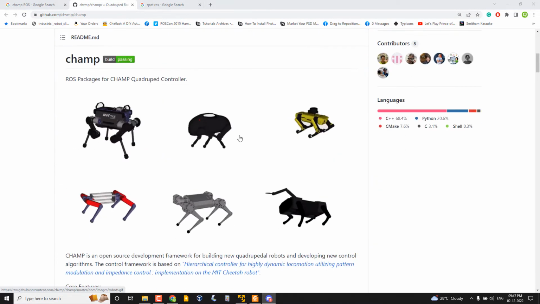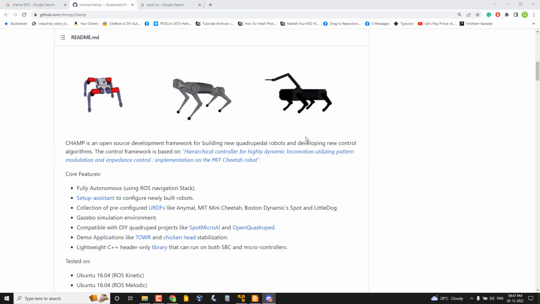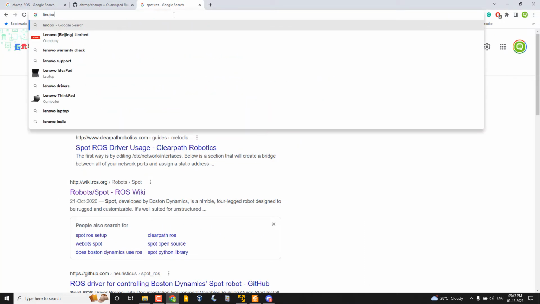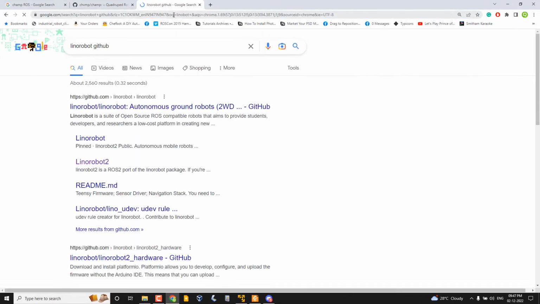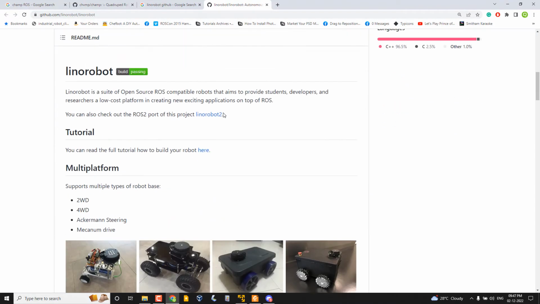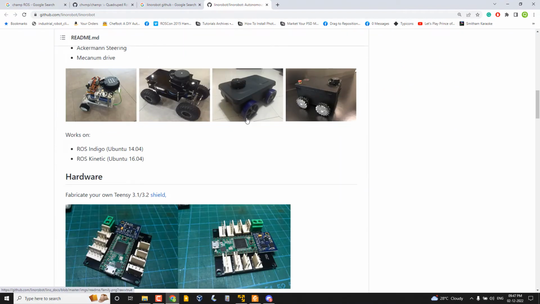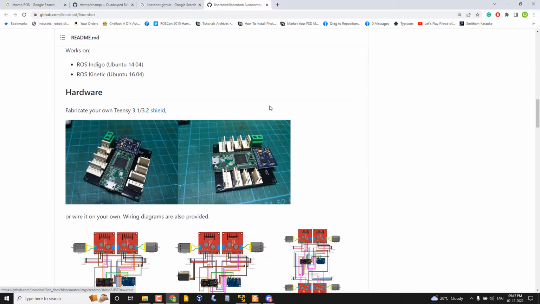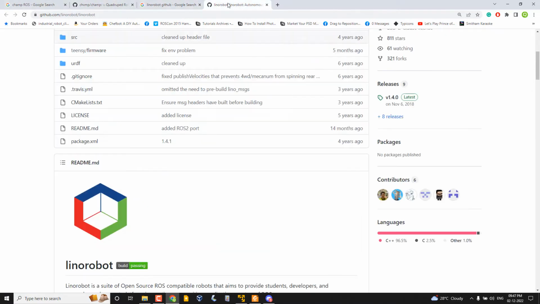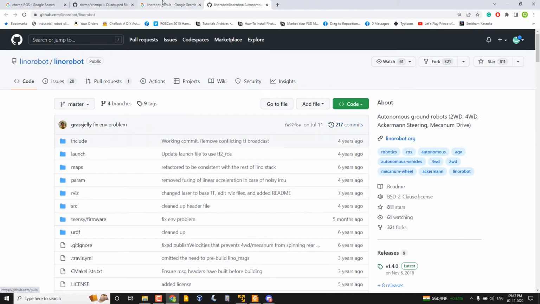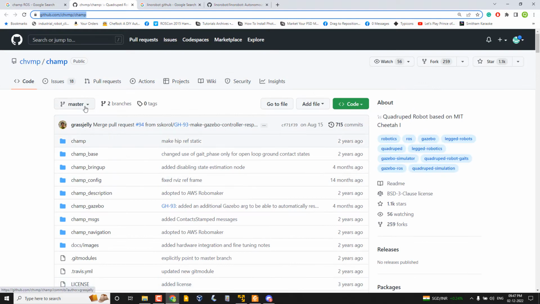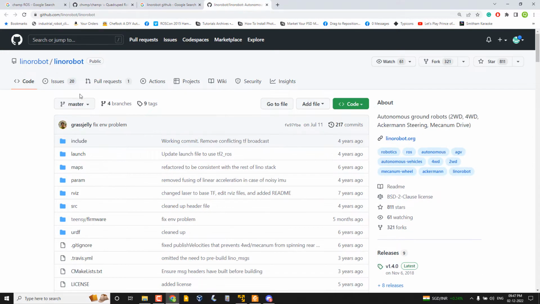This is a quadruped robot project, and you know the Lino board, right? Lino board on GitHub. This one, right? This is also very popular. It is for the differential drive robot, and it's one of the reference projects. The same author actually created CHAMP. CHAMP is also available for ROS 2. Linobot is also available for ROS 2,